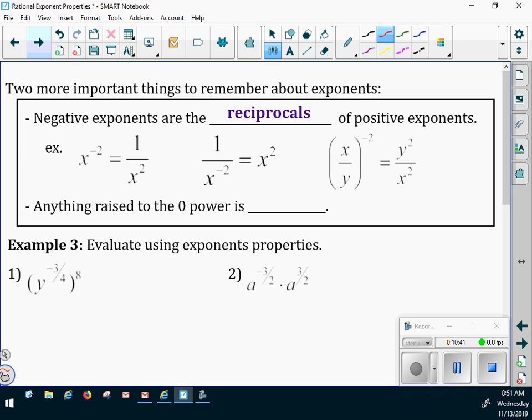So where's he go? To the basement, and he gets happy. If he's in the basement and he's unhappy, then he goes upstairs to get happy. Anything raised to the 0 power is